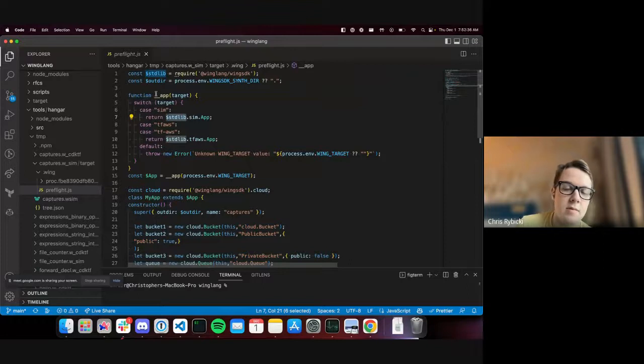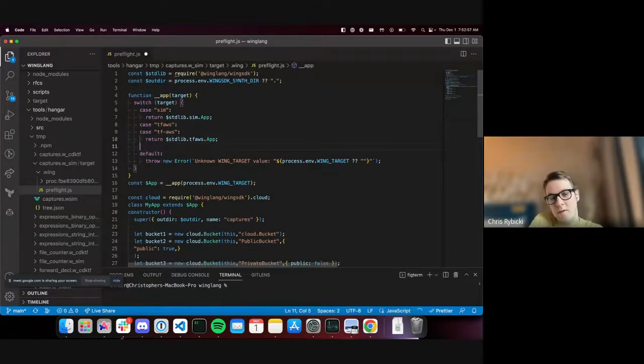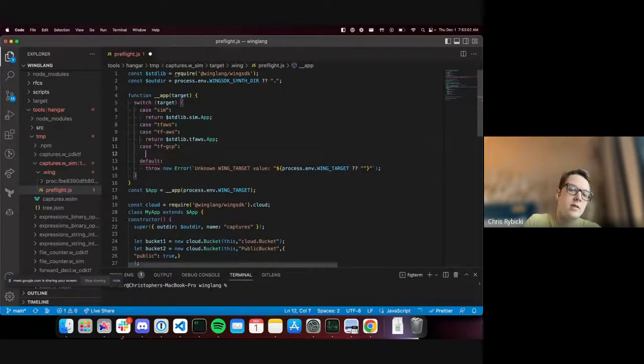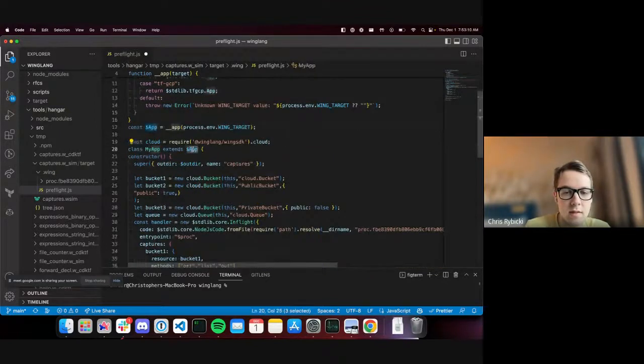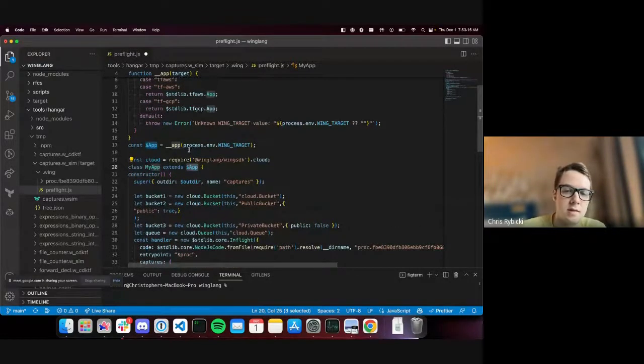But you can see here, basically, the CLI will pass this environment variable for the Wing target. And then based on that, we'll substitute in the right app class. So we want to change this code generation to say, if TF GCP is selected, then we return this new app class. And that way your app will just extend this and it will kind of all work